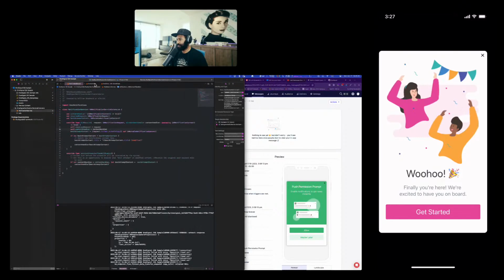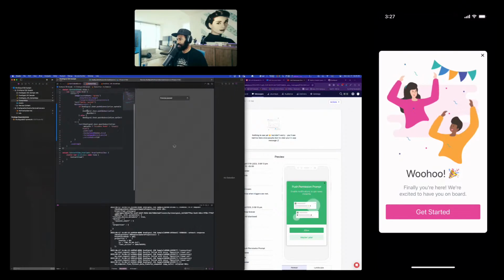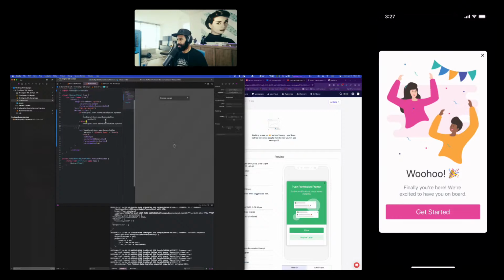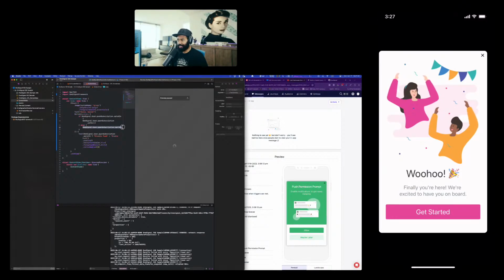So now I should be able to come back into my little click handler, and instead of doing opt-in, I'm going to do something else. So the trigger that I want is the thing that I just defined.